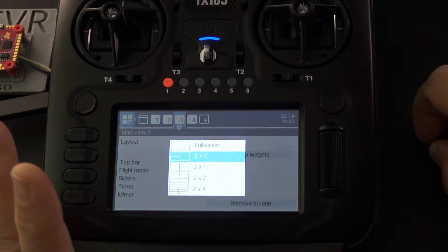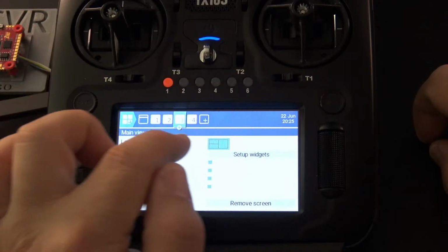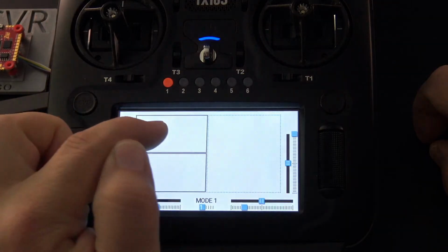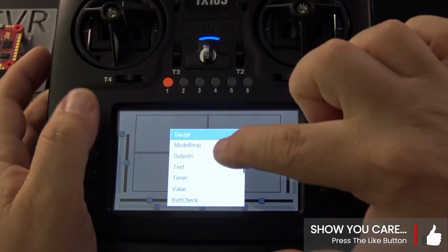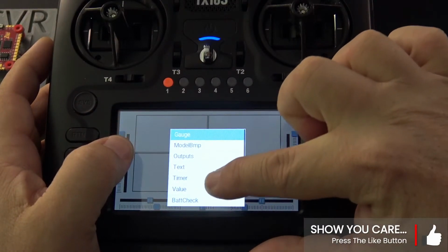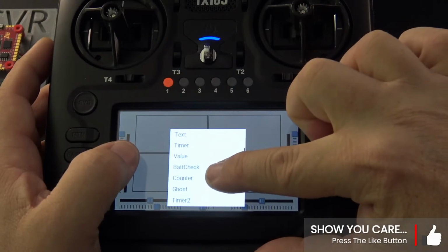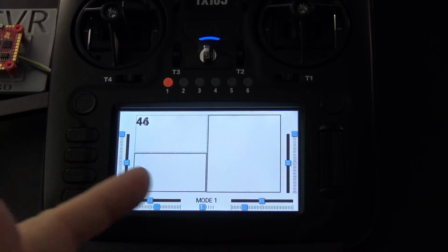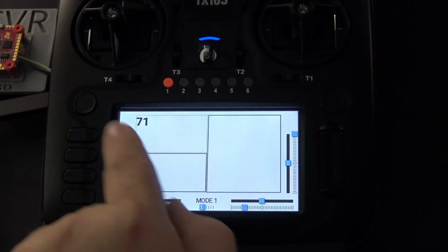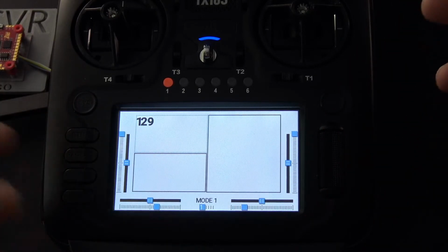Okay, let's see. So, oh, widgets. Yeah, so let's do something with the widgets. I wanted to show you this one because this is kind of a thing. So let's pick this one. We'll hit select widget, and we'll say I don't know. Let's do counter. I've never figured out what the heck that is. It's a counter. It's going up at some rate. I don't even know what rate that is. Is that 1/10 of a second? I have no idea.